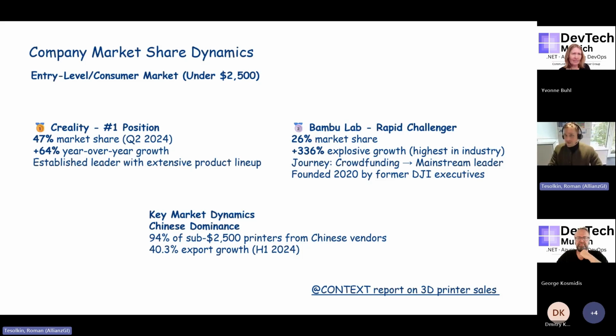And you could see some company market share dynamics about 3D printing. So if people ask me, okay, if they want to start, how much they need to invest? You could see it's actually not that much. So that's the entry level consumer market. It's like 2,500. It's honestly way less. My first 3D printer I bought was maybe in the amount of 500, and I bought already not the cheapest. So it was 500 euro, and I got it